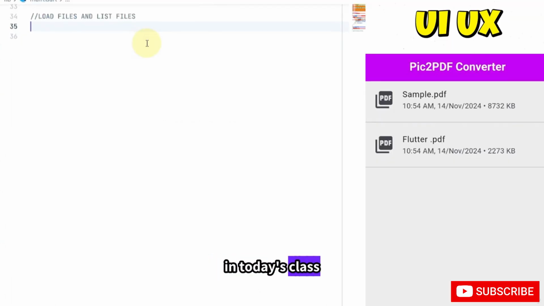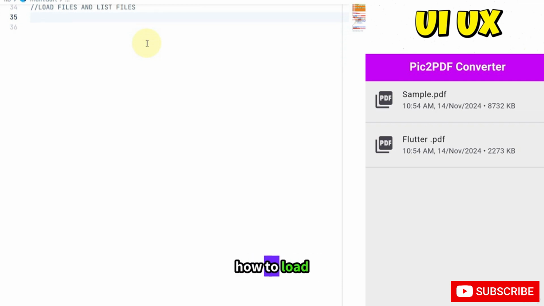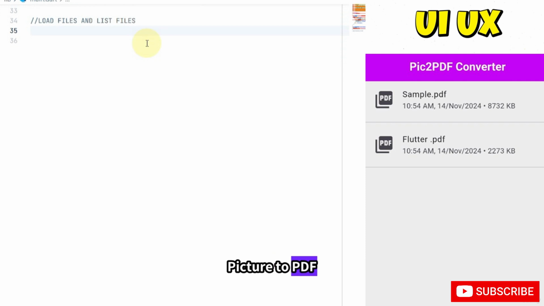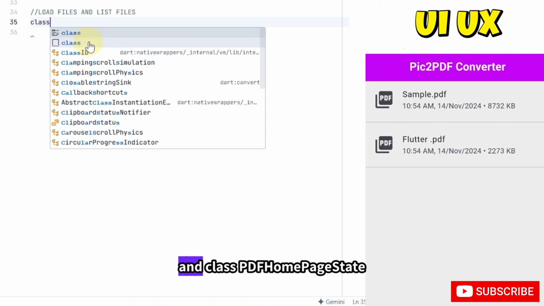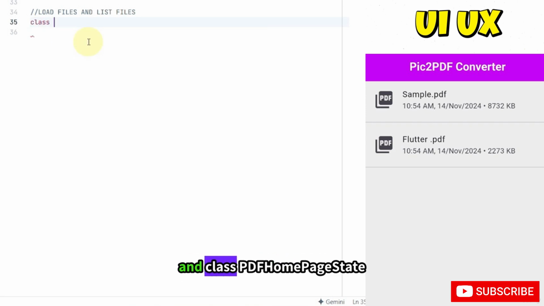Welcome everyone. In today's class we are going to discuss about how to load the files and list the files for our project picture to PDF converter. So you can see in the home page there are many PDF available. So we need to load the file. For that we are going to create the function class PDF home page state